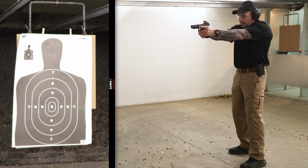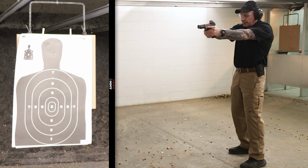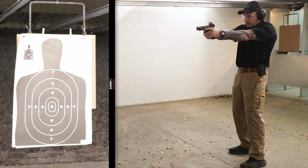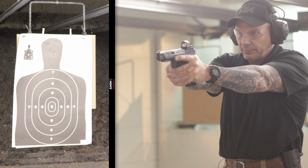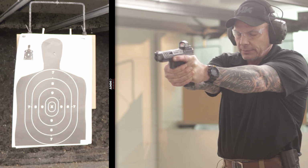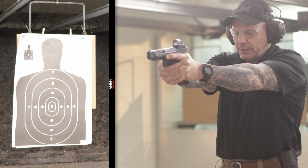So we'll start with the gun lined up, close our eyes, we're going to sweep right, we're going to sweep left, then we're going to come back to the center, press the trigger. In this case, it was slightly to the right, but not too far from the center line. A little bit of a cant issue with the gun, but we'll go back and try it again. Eyes closed, sweep out to the right, sweep out to the left, and when I think I'm centered,